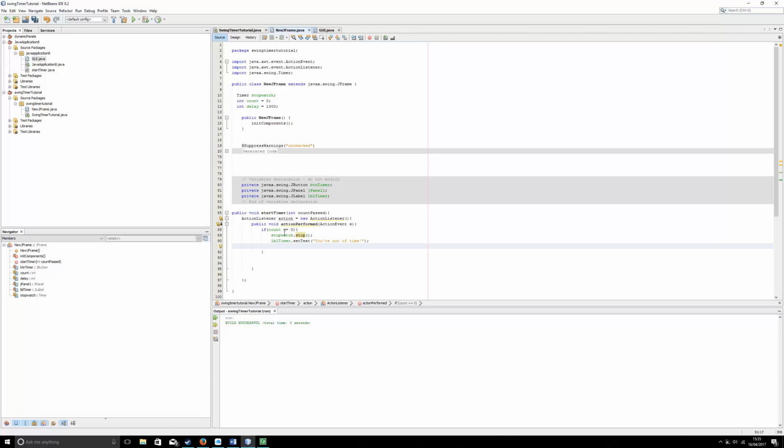So if count is equal to 0, it stops the stopwatch and displays in the timer "you're out of time". So let's include an else for the rest of it. So if count is equal to 0, stop. Else, so when it isn't equal to, it's going to do something else. So for this, we're going to have